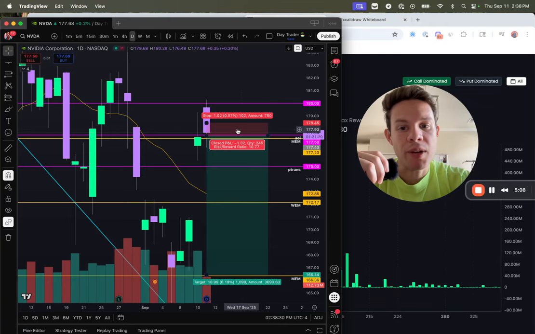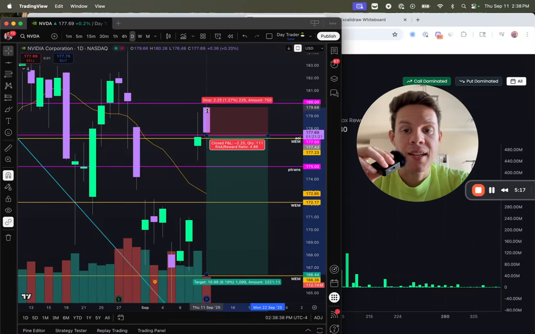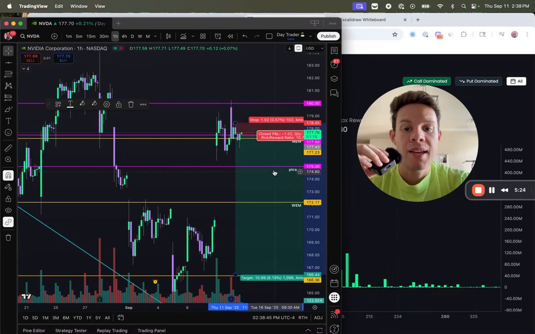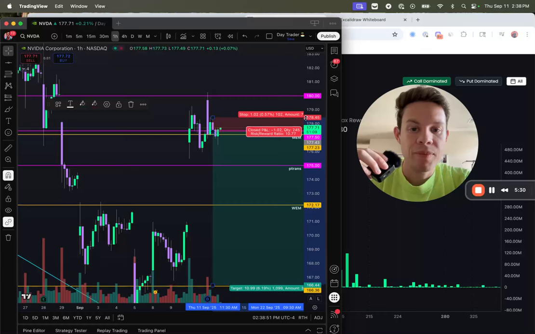So we got into the trade for Nvidia, and I think the first one got us stopped out, but I re-entered again, and here's what I'm going for, right? I believe I executed this on the hourly. This is kind of what I'm looking at here. Okay, so it all comes down to risk versus reward.